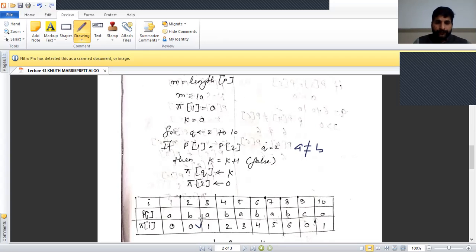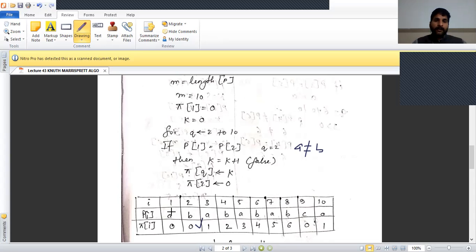Now next for loop increases, q increases by 3, and the value of k equal to 0. Then we check condition, while loop is false. Then we check value of pk plus 1 equal to pq, k equal to 0, p1 equal to p3.